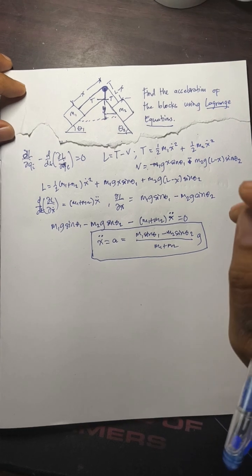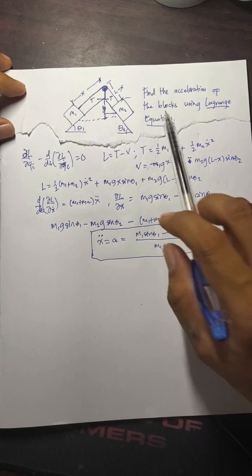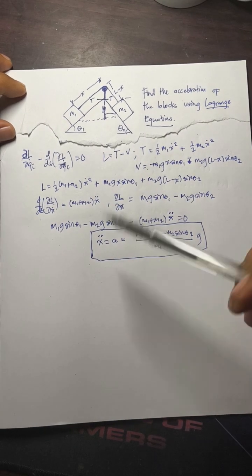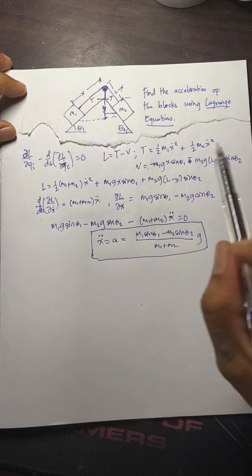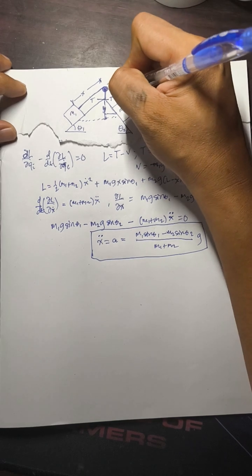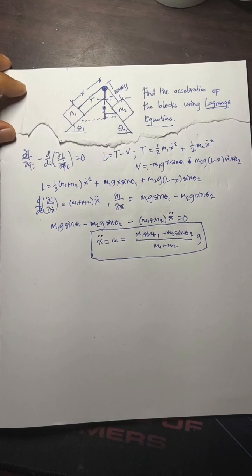Okay, so let's solve this now, in case we want to find the tension, which is a constraint force. So we want to solve this now with the method of Lagrange multipliers. In that case, in the Lagrange multiplier, let's not take this as L minus x yet. Let's take that as y.